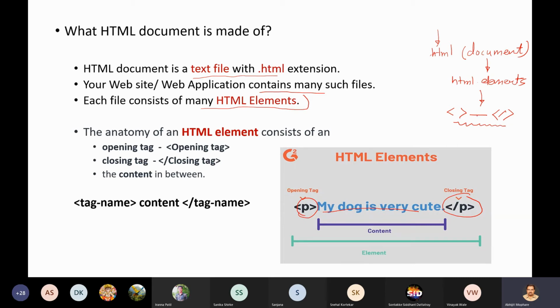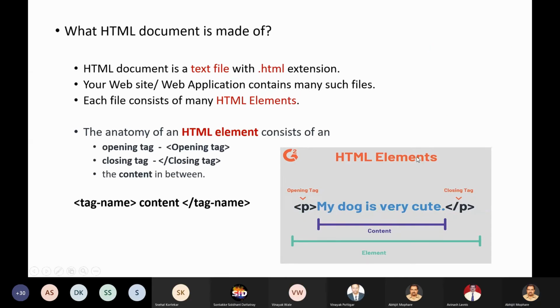Now, as I was saying, every HTML file, when you request it from the server, what does the server do? It sends the HTML file. This HTML file, which we developers call a document, is what is shown on the screen by the browser.